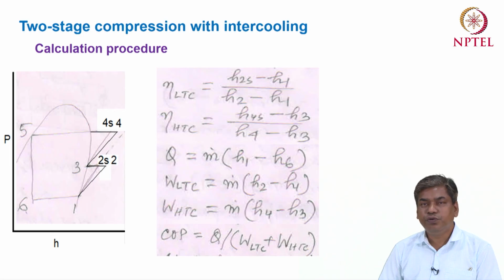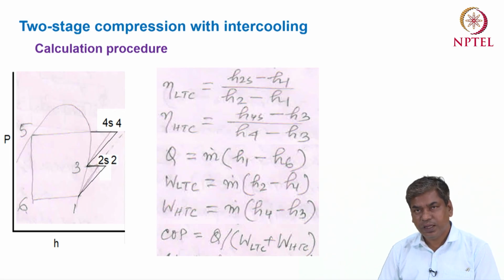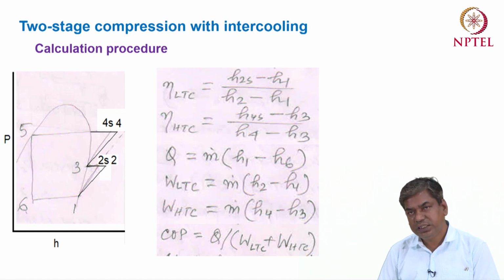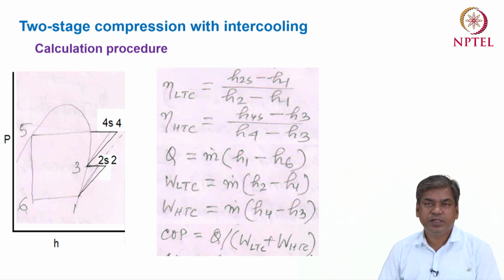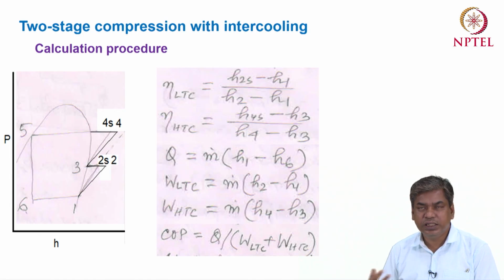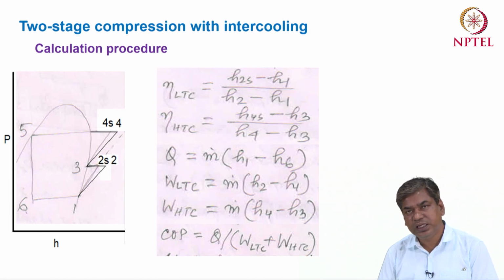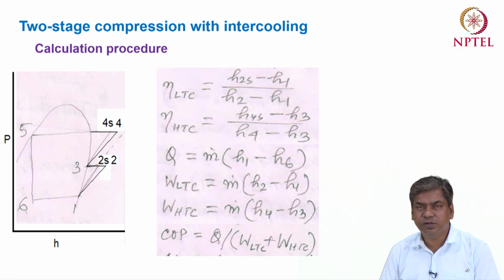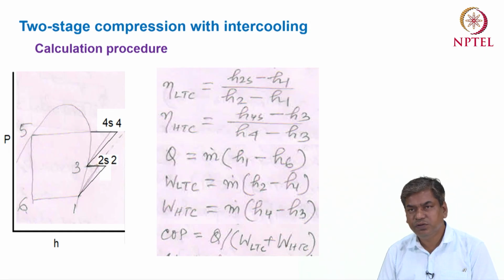Okay, so in this cycle, if we want to compare with the basic refrigeration cycle, or the single stage vapor compression cycle, we will see that there is no change in points 1, 6, and also 5. Point 5 is the condenser outlet condition and 1 is the compressor inlet condition, so there is no change between 5 and 1. That's why the cooling capacity will remain the same.